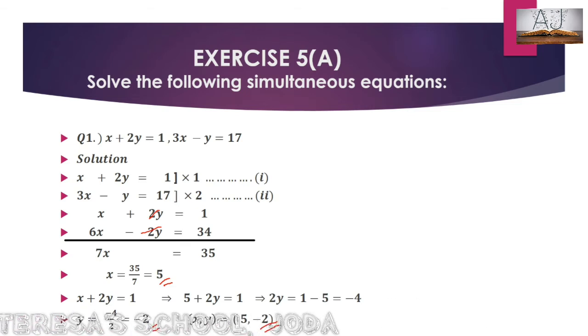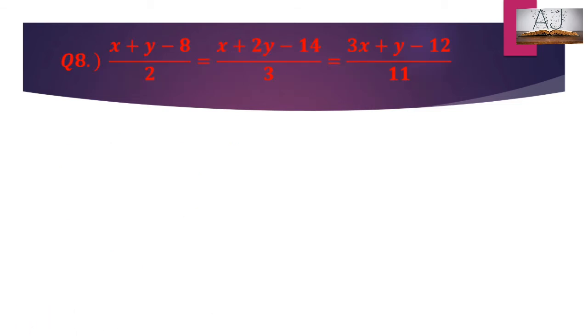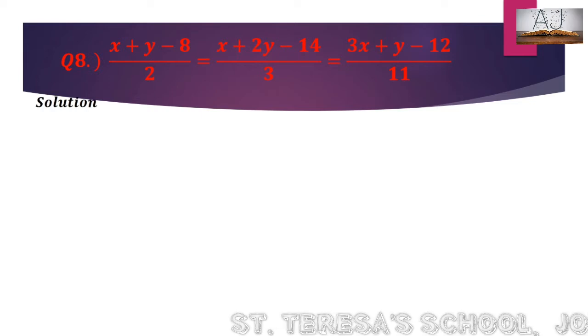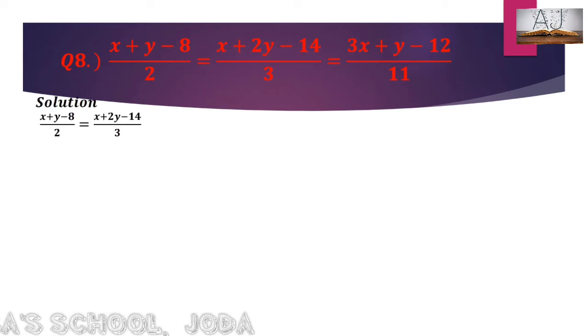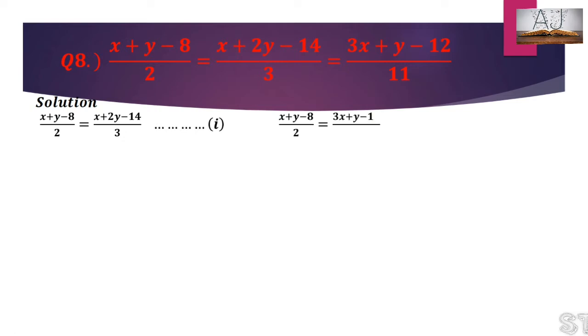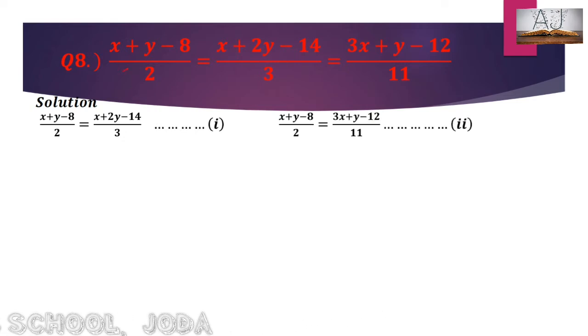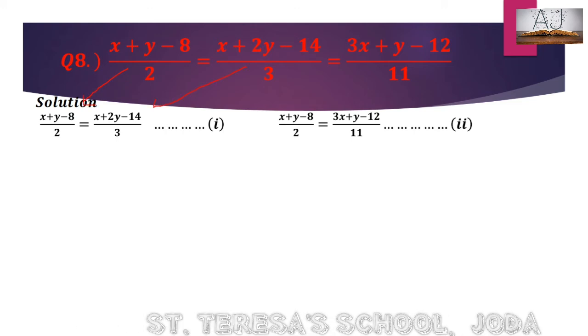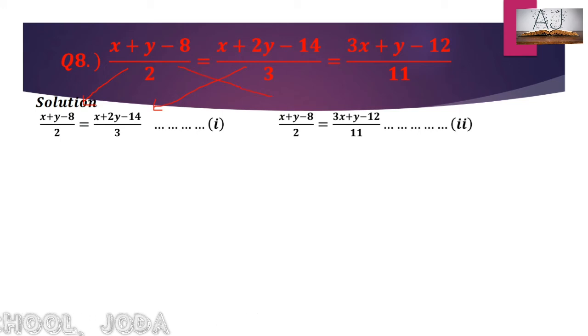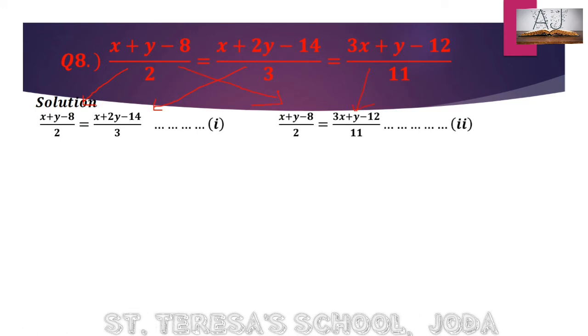Now we will do some other question. We will do all the questions which are different. Like this question number 8. You can see in this question number 8 we have 3 equations equal. So x plus y minus 8 equal to 2. We can make the first one equal to the last one, that is third, and first one equal to the second one. So first I have made first one equal to the second equation, you can see. Okay, and then I have made the first equation equal to the third. You can even do the second and third also.